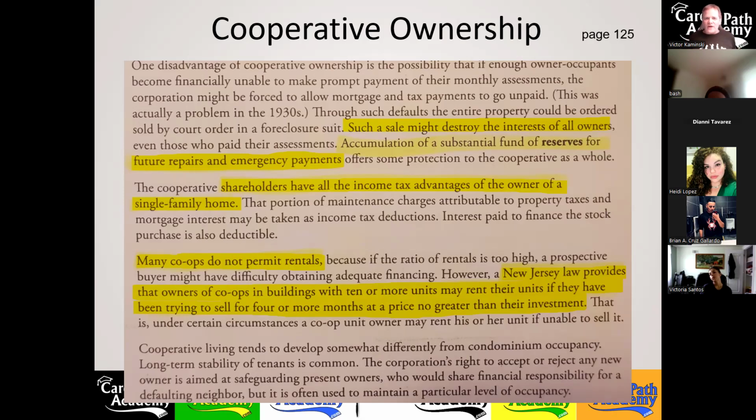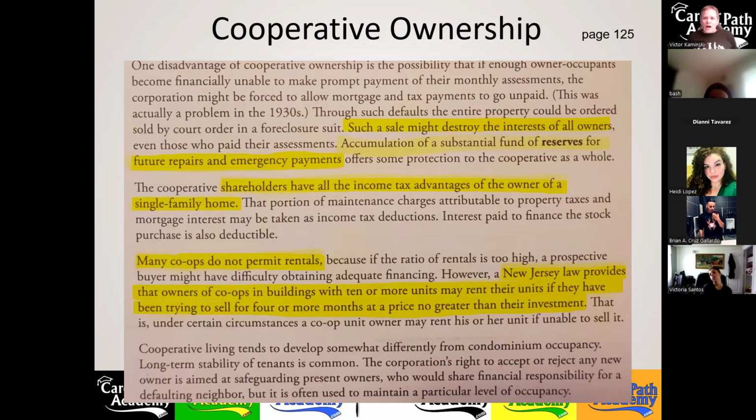So if you wanted to find a place to live and you don't have enough money to own, well, you could buy a co-op. Who's going to know the difference? And you'll be able to have a place that you own. And when you eventually pay off the cost of that stock to buy into the corporation, now your only payment is going to be the monthly maintenance charge, which includes the taxes and the insurance and the maintenance of the property.